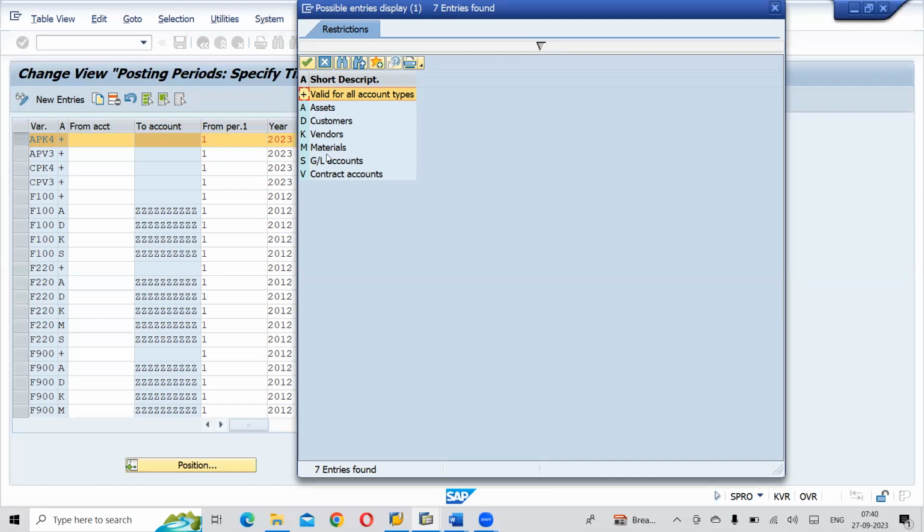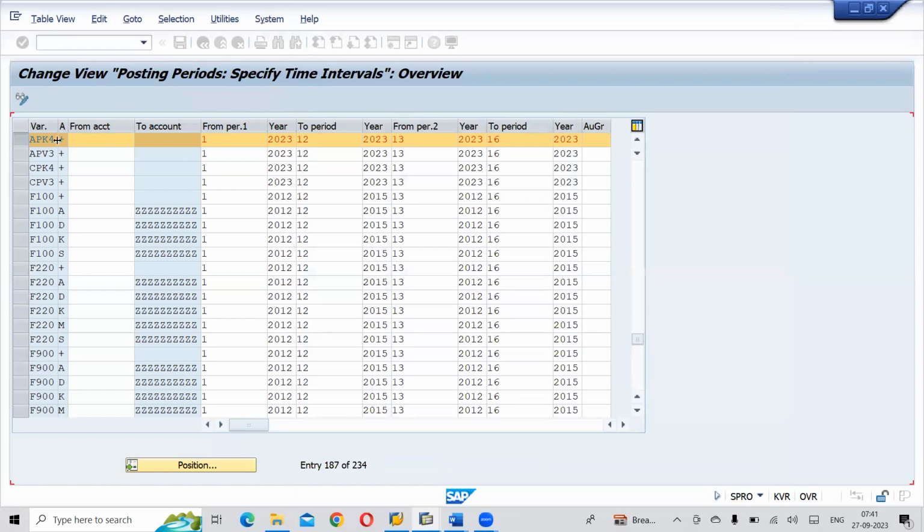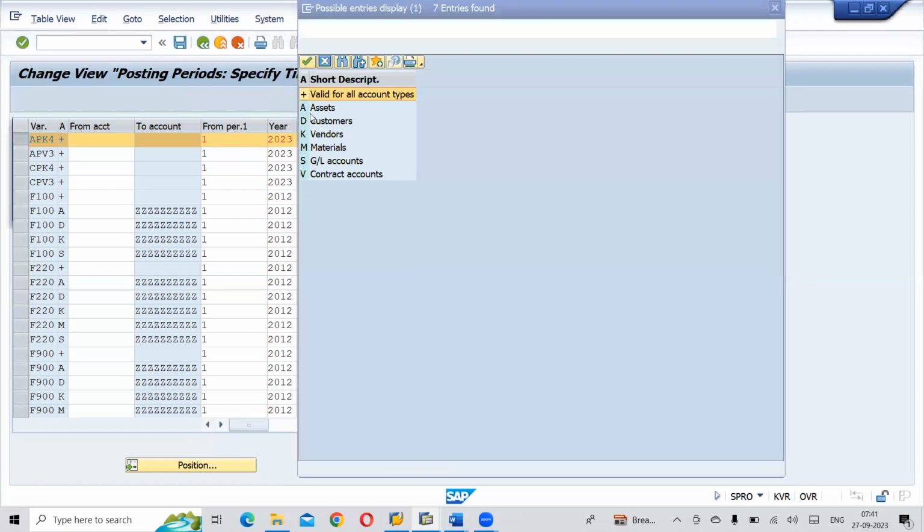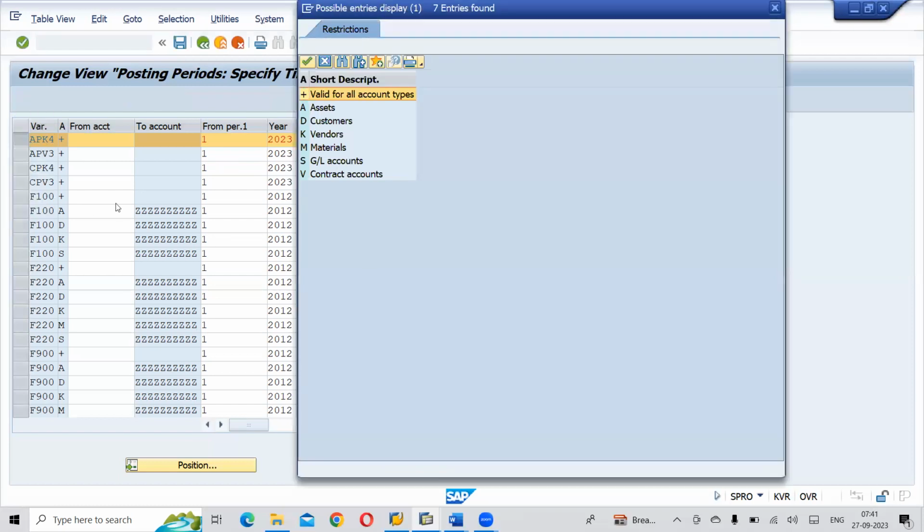Sir, in future, imagine after two months, we selected valid for all account types, and after a couple of months our client says let's change it to only customers and vendors. Can we go back and edit that? Is that correct? Instead of that, you can change it here also, not an issue. Normally in real time, what they will do is